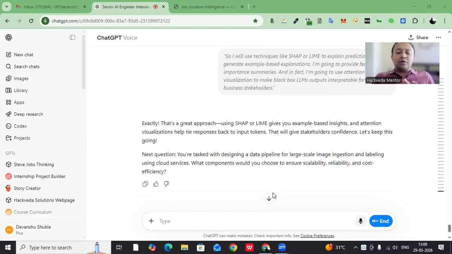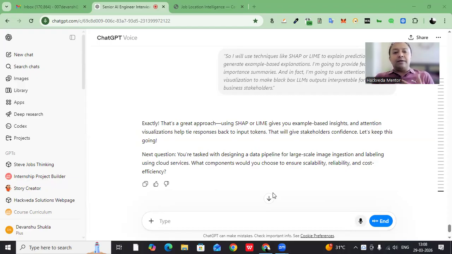So, in order to ensure reliability and availability, what am I going to do? I'm going to use cloud storage like AWS S3 or Google Cloud Storage for ingestion. I'm going to use serverless functions. I'm going to manage batch jobs for processing.